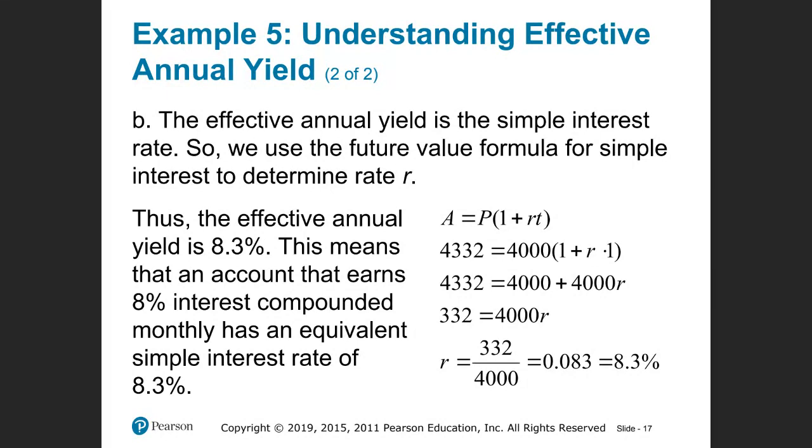So it'd be 4,000 plus 4,000 R. We have R on one side and the numbers on the other side. When we subtract 4,000 from both sides, that gives us 4,000 R is equal to 332. And then dividing by the 4,000, which is the coefficient of R, we get 0.083, which we write as a percent,